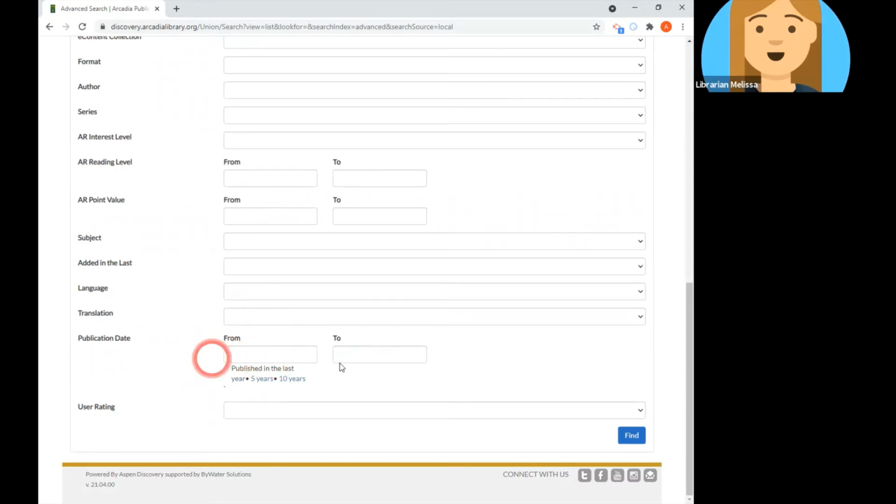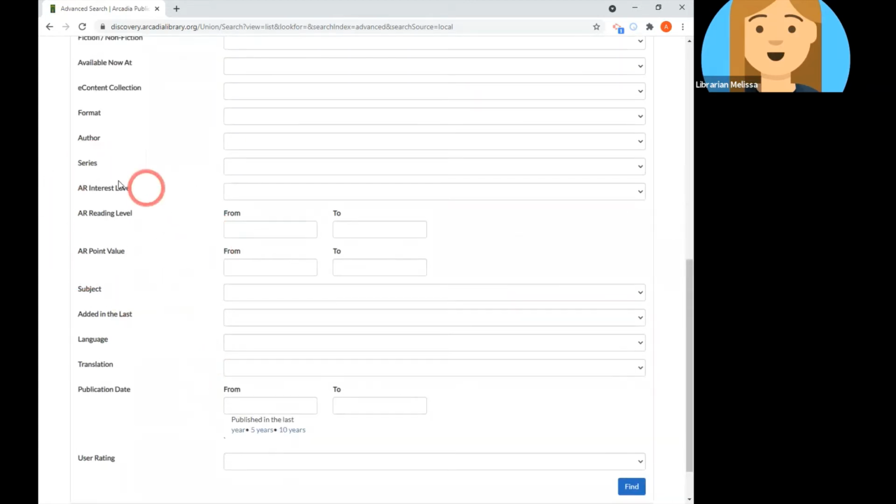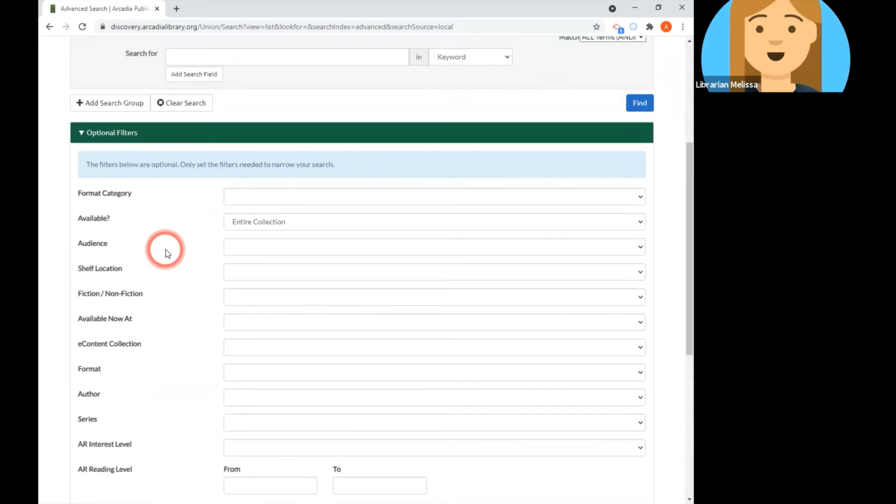So current or past, whatever works for you. And then the final group of filters that may be of particular use are those that are associated with AR or accelerated reading levels. And those relate to reading levels for materials for children. And those might be handy for parents or students when they're searching for appropriately leveled items. Again, those last three categories, the language, the publication date, and the AR levels, we're going to be looking at in our next video. So I'm going to go back up at the top so we can create our first